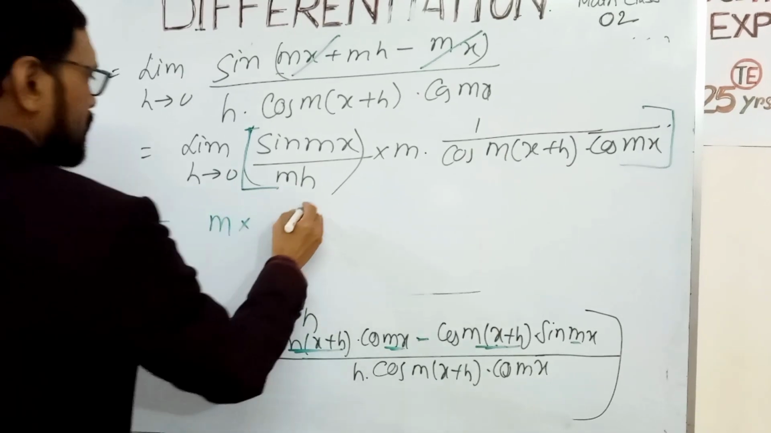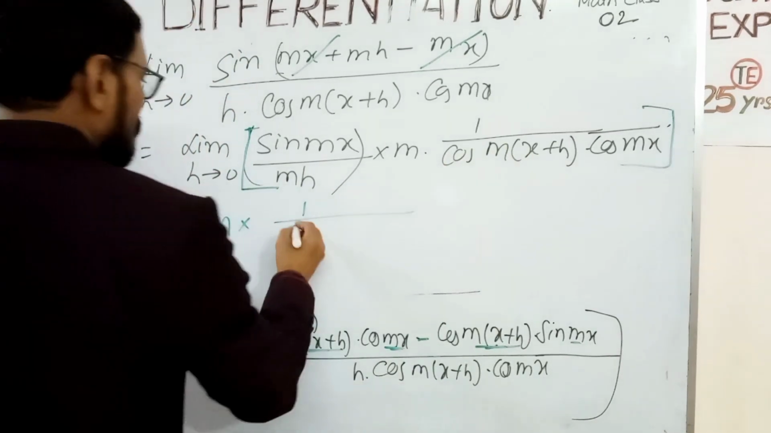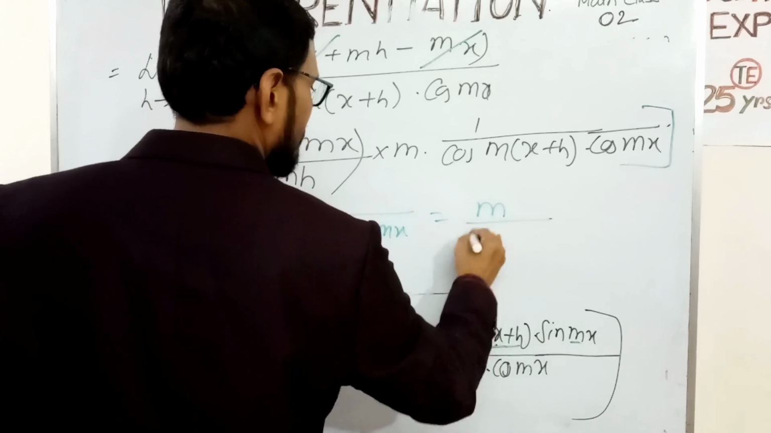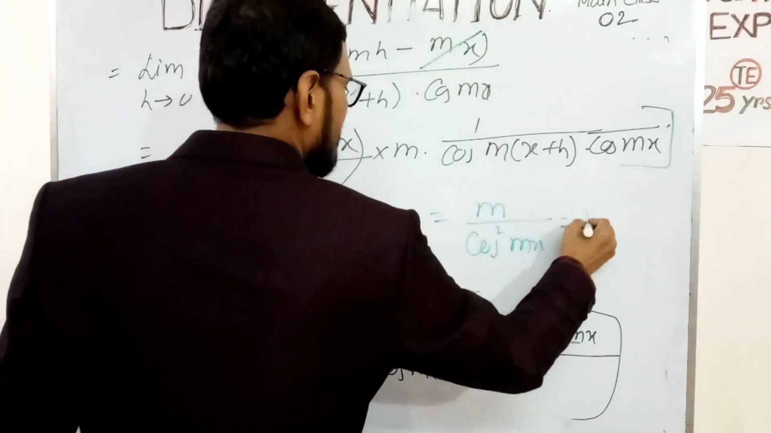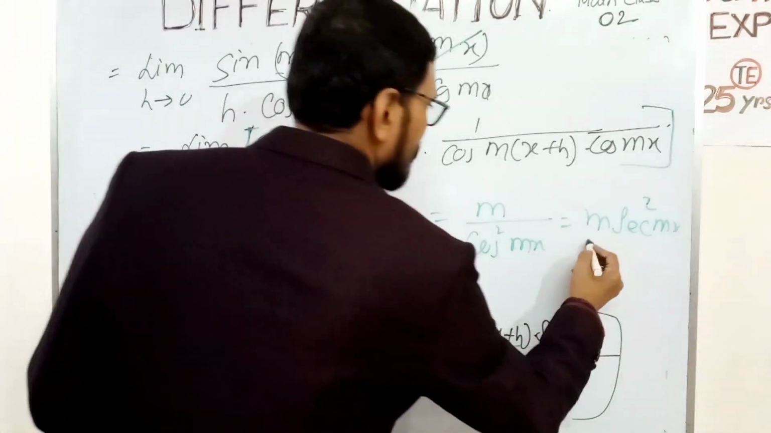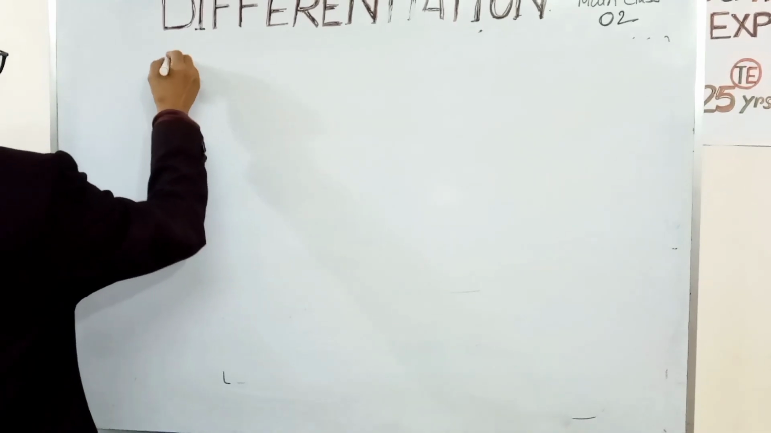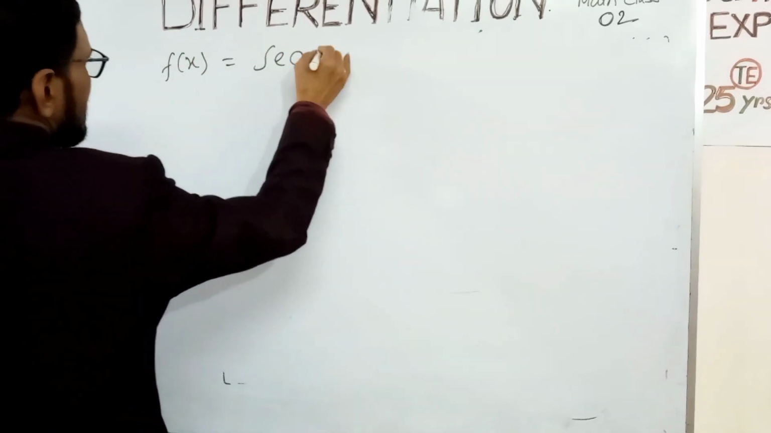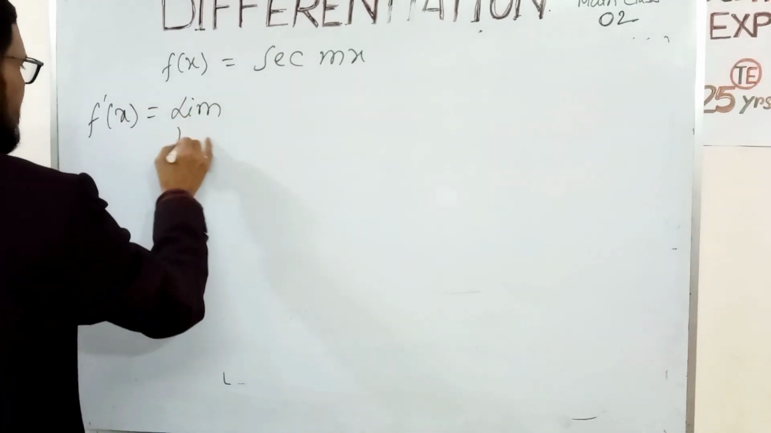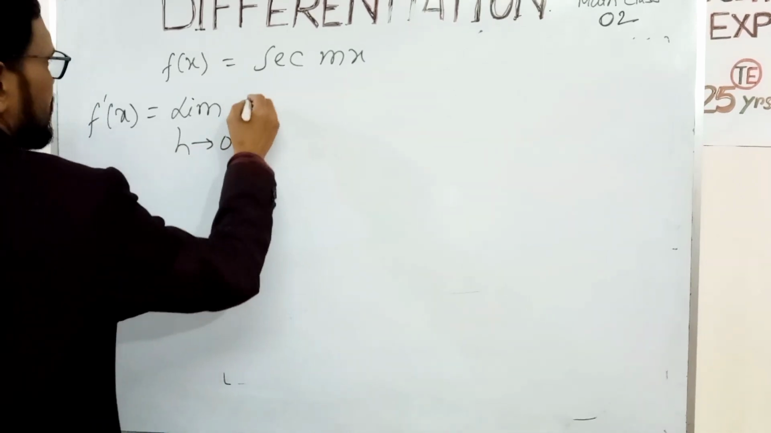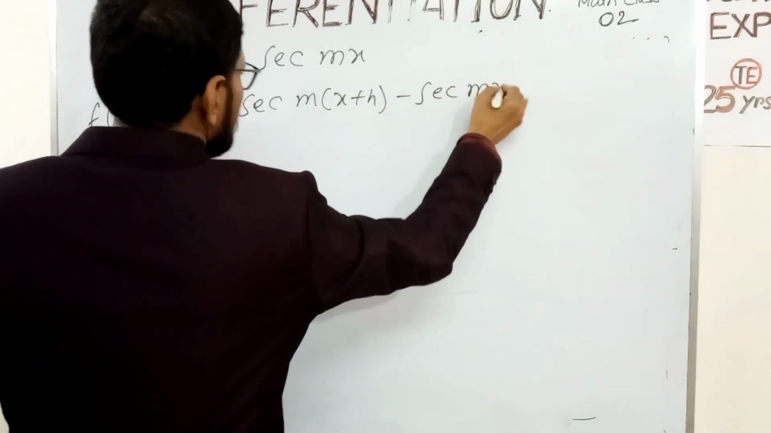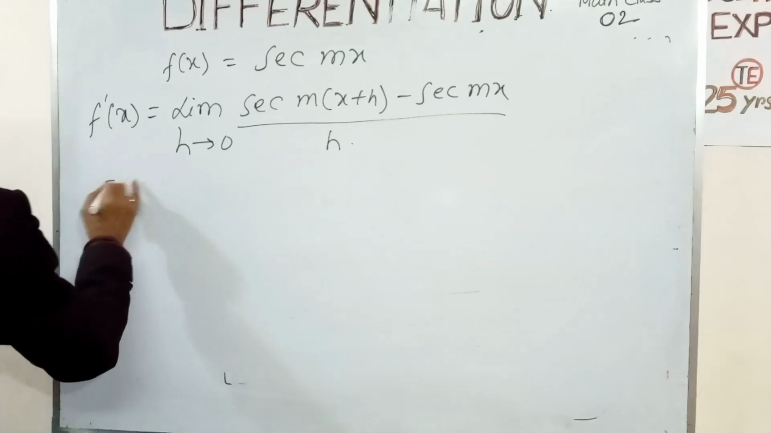So m into, now put h equal to 0, cos mx into cos mx, m by cos square mx, m sec square mx. So this is the result. Next function is sec mx. So f dash x is equal to limit h tends to 0, f of x plus h, which is sec m of x plus h, minus fx, by h. Now